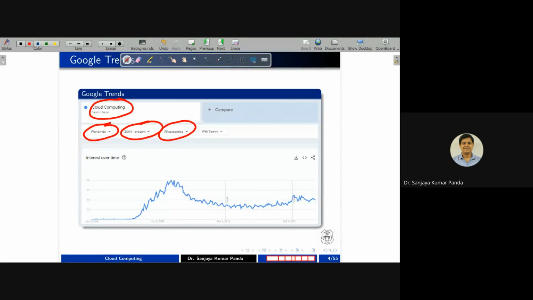So if you search related to cloud computing, you can see from 2004 to 2021, more or less it is getting close to 50 out of 100. But its peak is achieved during this particular period. I think this period is around 2012 or 2013. So what it indicates,